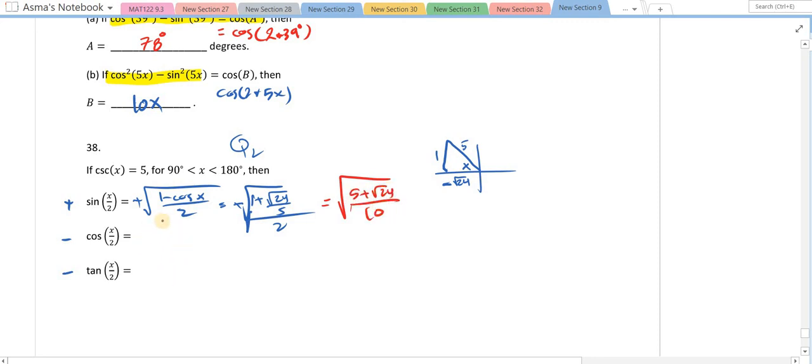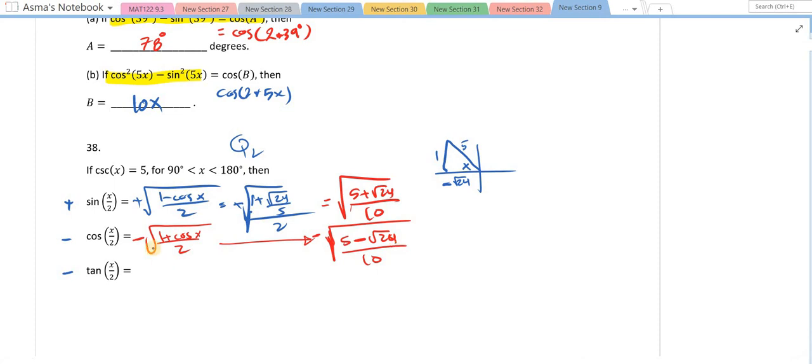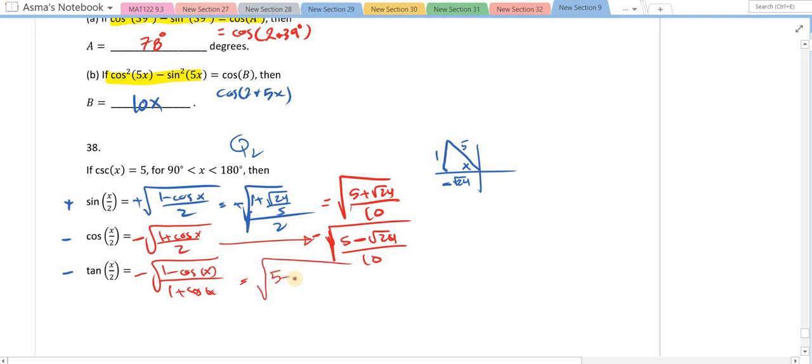And then cosine is the same. So it's going to be negative square root of 1 plus cosine x divided by 2, which is, I can just change the sign here. It's going to be negative square root of 5 minus square root of 24 divided by 10. And then the tangent is basically sine over cosine. Or I can say it's negative square root of 1 minus cosine x over 1 plus cosine x. So this is equal to square root of 5 plus square root of 24 divided by 5 minus square root of 24. The math here is